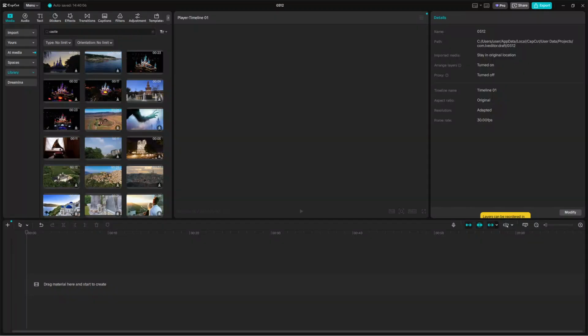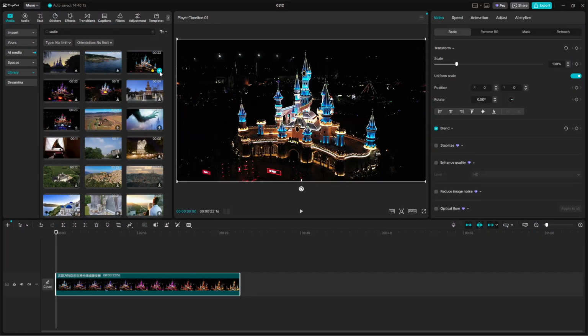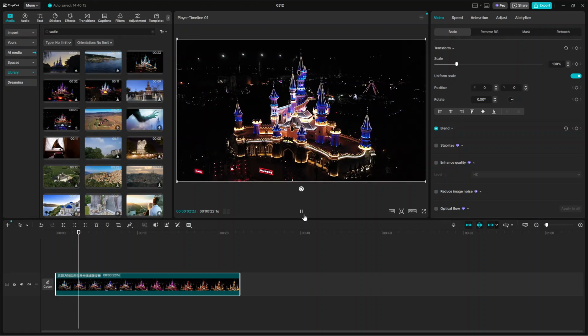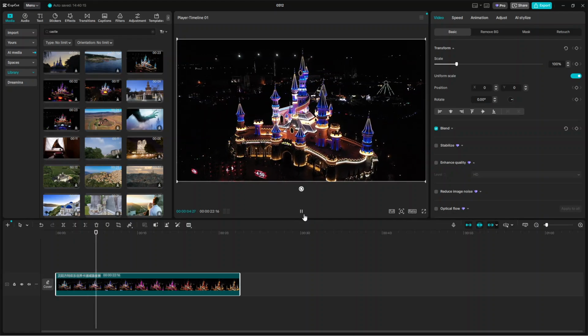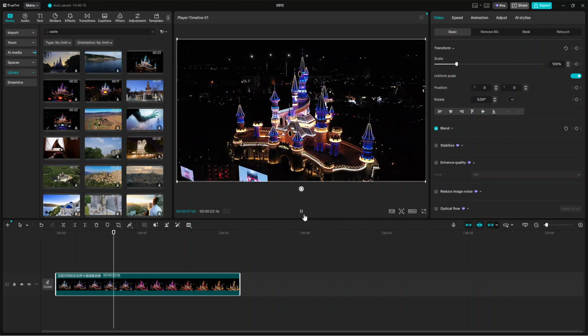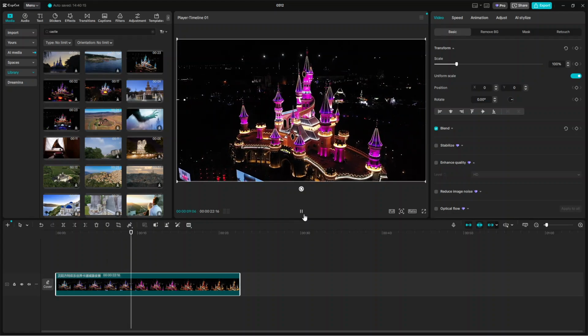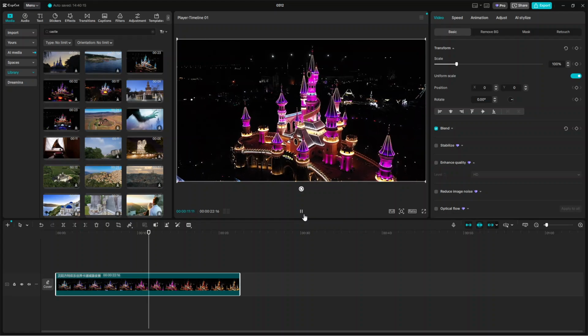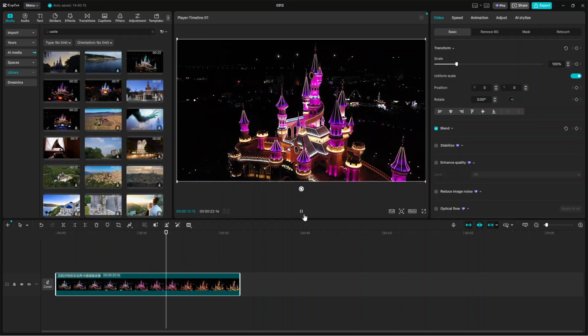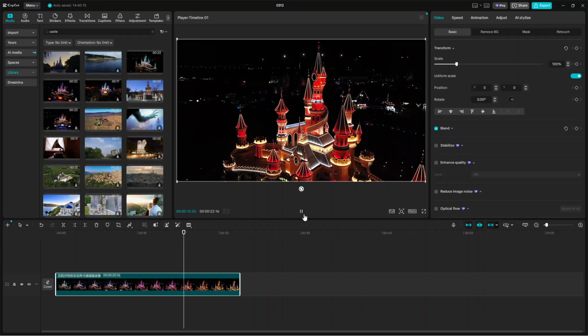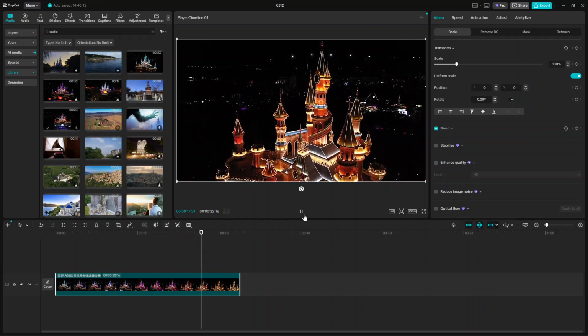In today's video, you will learn how to create the Dolly Zoom effect in CapCut. The Dolly Zoom effect is one of the most cinematic camera effects used in filmmaking and video editing. It creates a dramatic visual illusion where the subject stays nearly the same size while the background appears to stretch or compress behind them. CapCut makes it possible to recreate this effect directly on PC using keyframes, scaling, and position